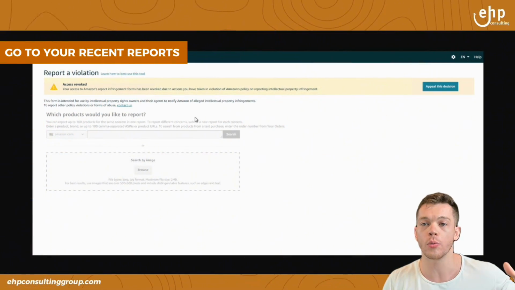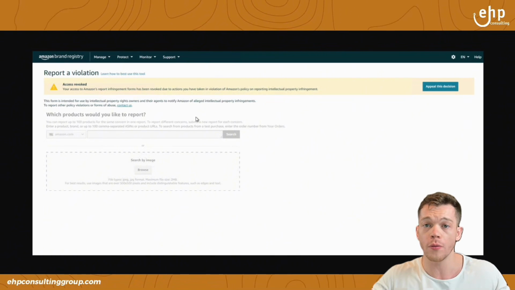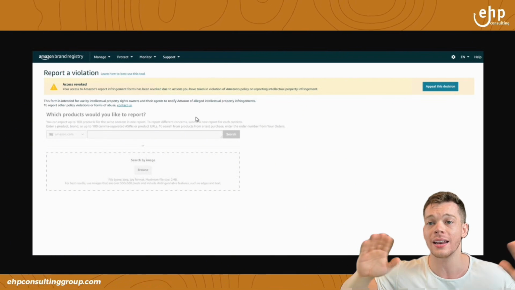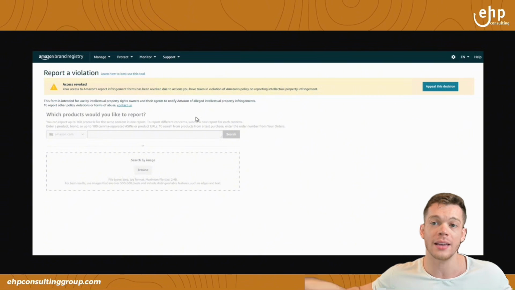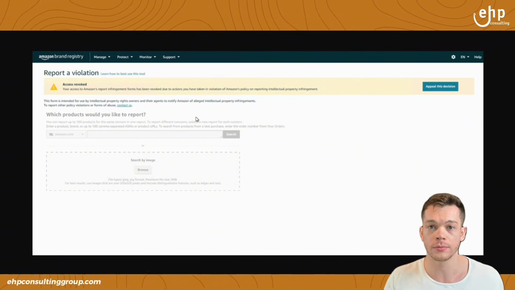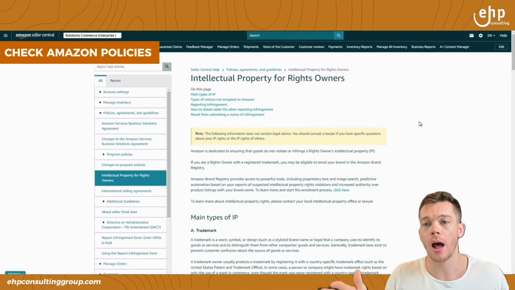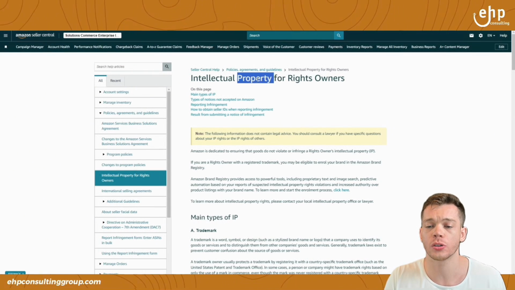If you can't figure that out, go through your recent reports and see, have you been reporting the same ASIN over and over again, even though Amazon said, hey, this one doesn't violate your patent? What have you been doing wrong? And write those down. Next is to check Amazon's forms and Amazon's policies references,